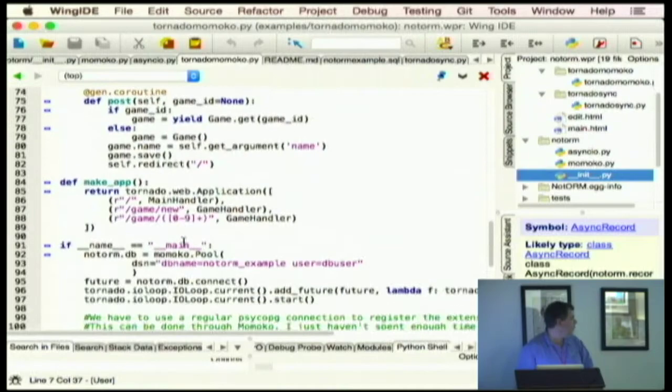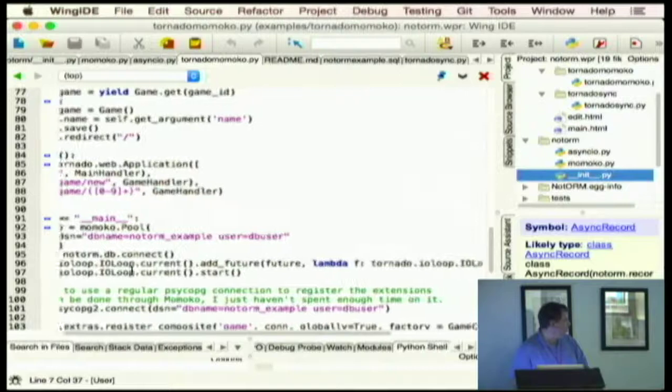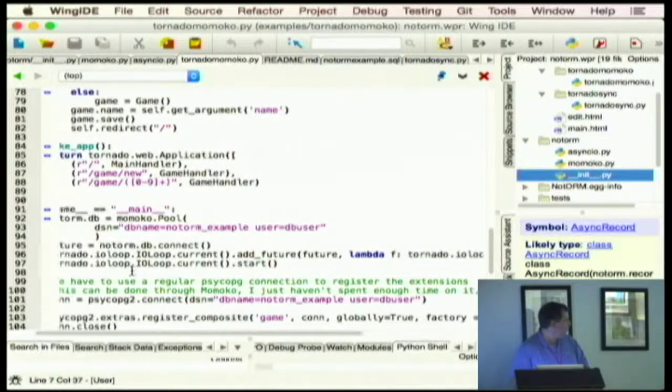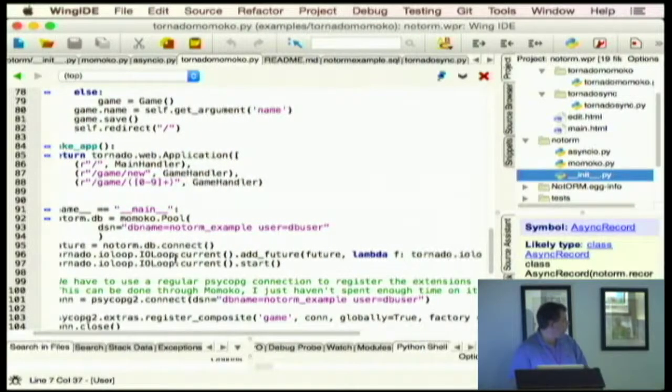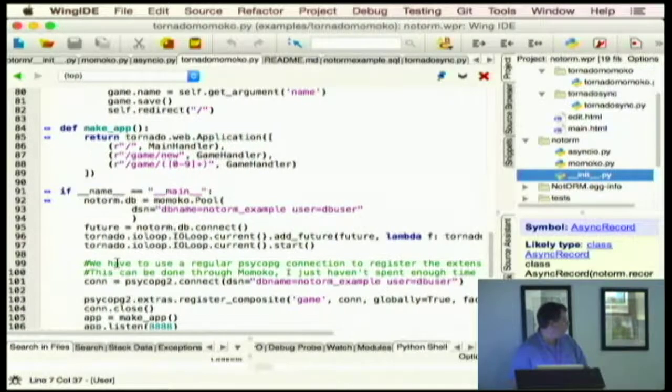And then down here, we have to do a little bit of magic to get the database set up properly. We have to create a pool because since we're doing asynchronous stuff, we're going to potentially be using more than one connection at a time to the database. So now we have a pool of connections instead of a single connection. This is just some stuff that you have to do to tell Momoko to actually create the pool. And then once you've done that,